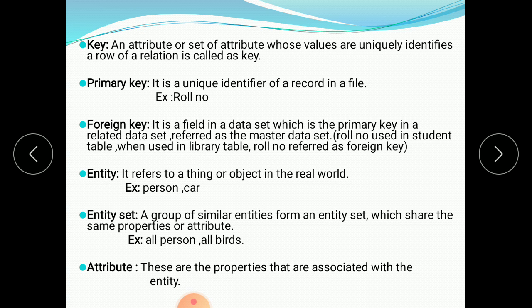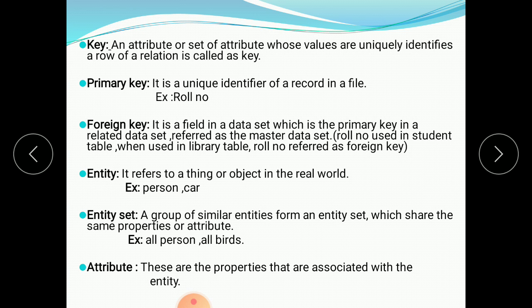That same key we have used in another table as a foreign key, as a relation between the two tables. We have used that same key in another table, and then that key is called a foreign key.